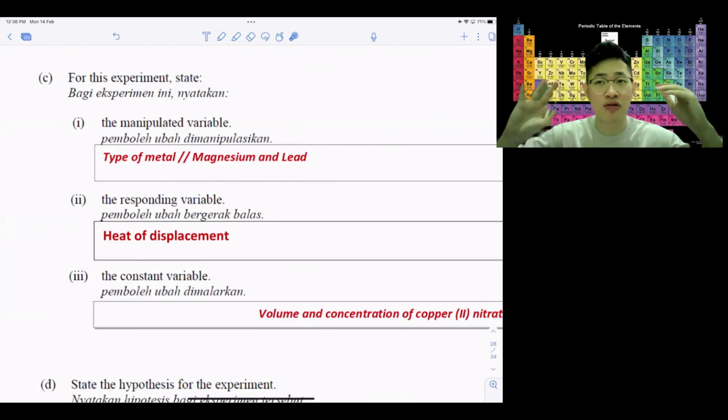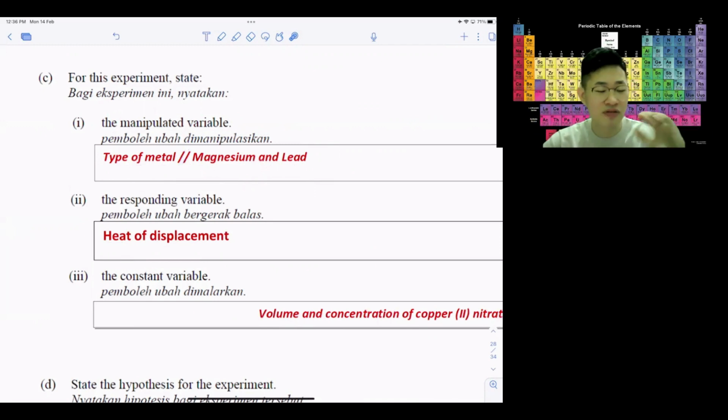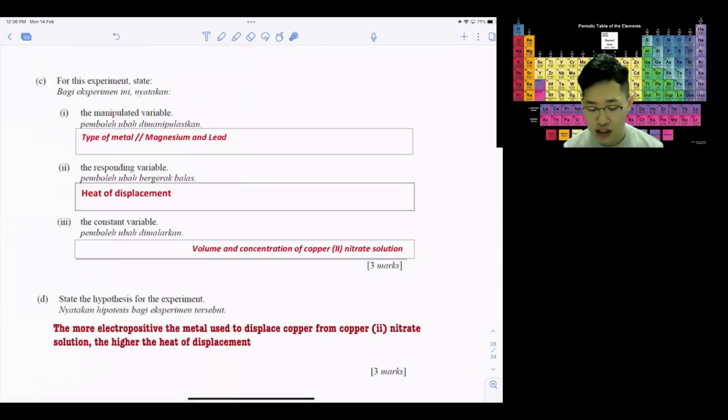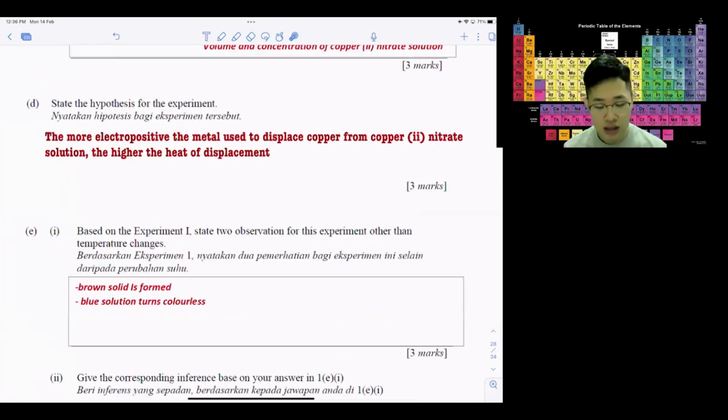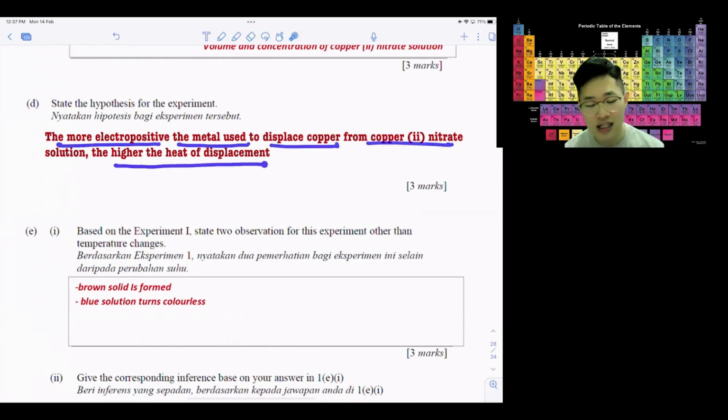For all kinds of heat of reaction, the responding variable is always the same: heat of displacement, heat of precipitation, heat of combustion, heat of neutralization. Okay. Constant variable: this is what we mentioned just now, the volume and concentration of the copper 2 nitrate solution. So it's not very hard. Hypothesis: the more electropositive the metal used to displace copper from copper 2 nitrate solution, the higher the heat of